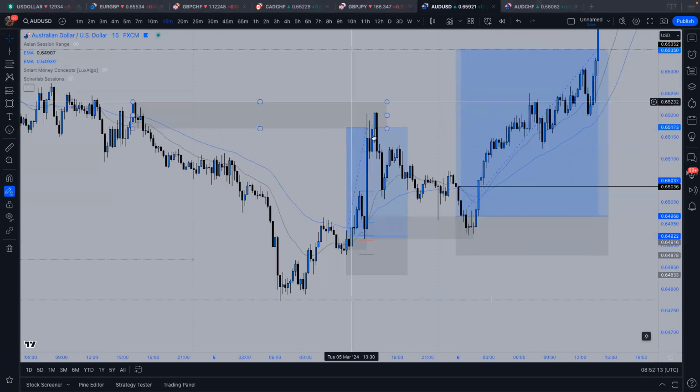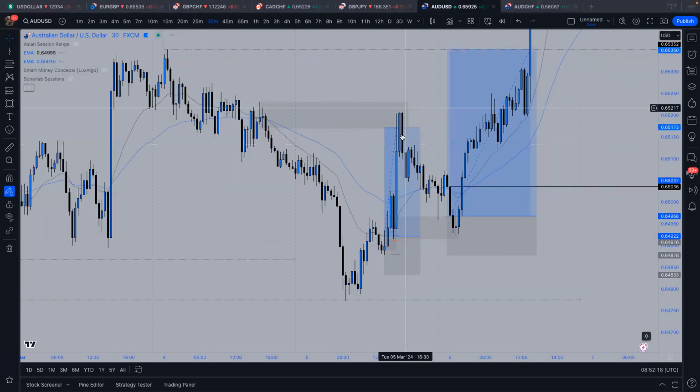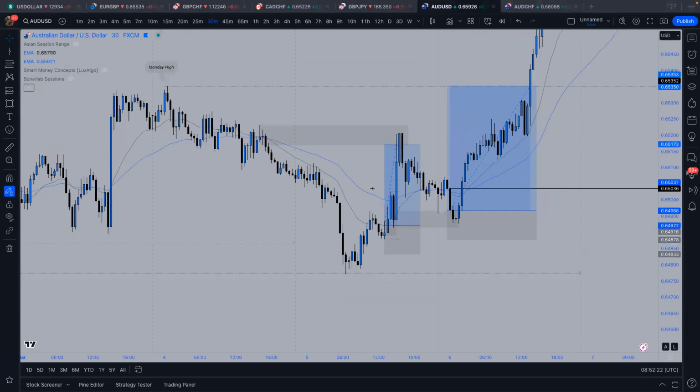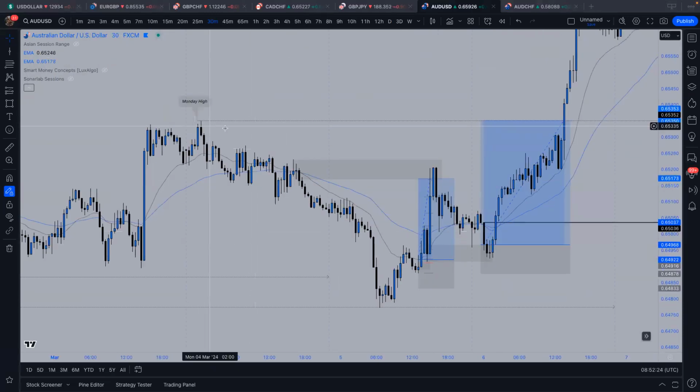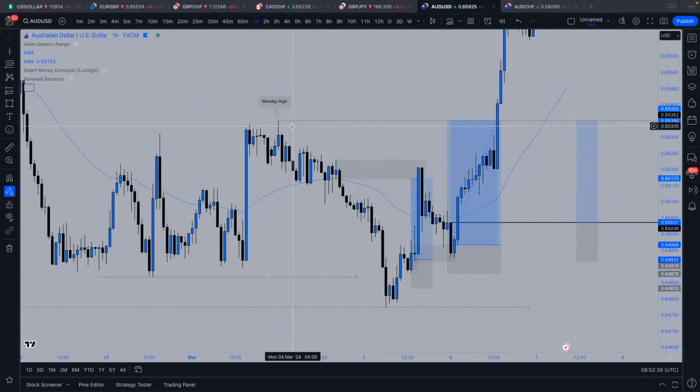And then from this point, because we'd obviously had this break of structure and we'd given some more time for price to close, I was still with the understanding that we wanted to roll over because this is our Monday. As soon as we opened on Monday, we actually rolled. So I did want to have this as one of my major targets. I did just have this here because I had a feeling something like this could happen. Had a feeling we could probably come down. So this was just my first point of contact that I was looking for.